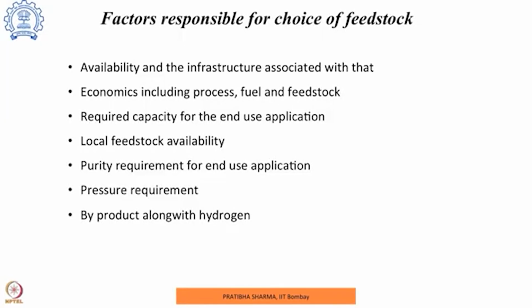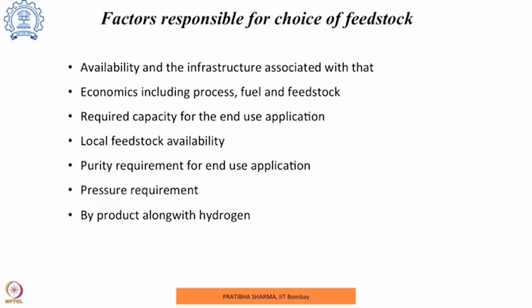In this class we will look at the various methods for hydrogen production. Some of the methods which are used on industrial scale we will be going into in more detail. However, some of the methods which are still at laboratory scale we will be just touching upon. Now in an earlier class we have seen that most of the hydrogen being produced, more than 80%